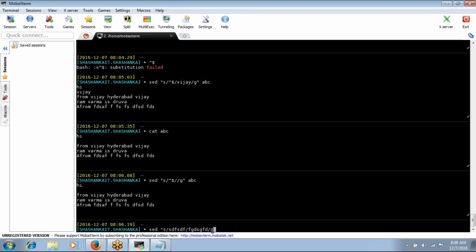The next option is, if I give a numeric value, it will go to every record. Whenever you give a numeric value other than G, say 3, that means the third occurrence. When we talk about occurrence, Unix talks about the record. So in this record, if the pattern occurs four times, at the third time only it will replace it. Then it comes to the next record.